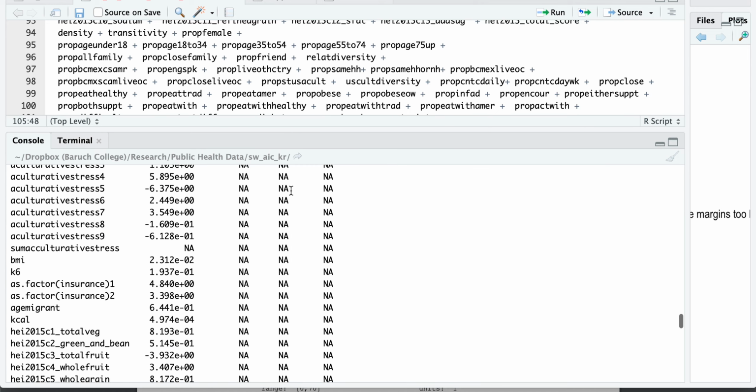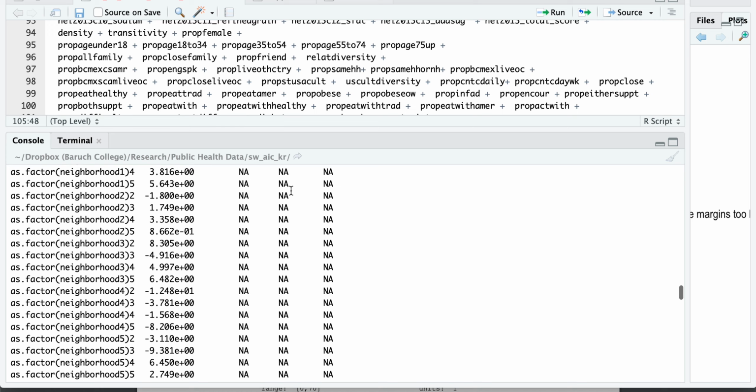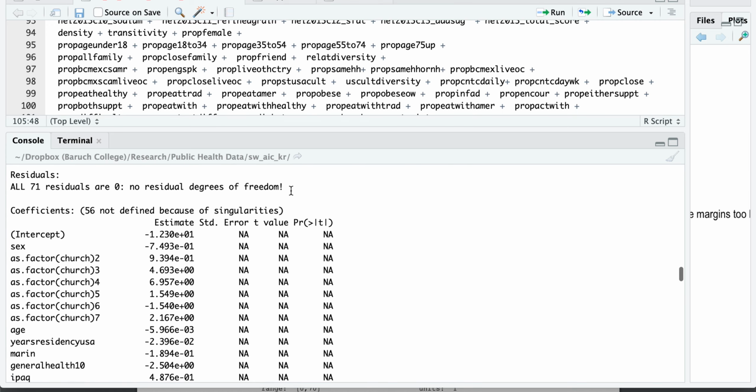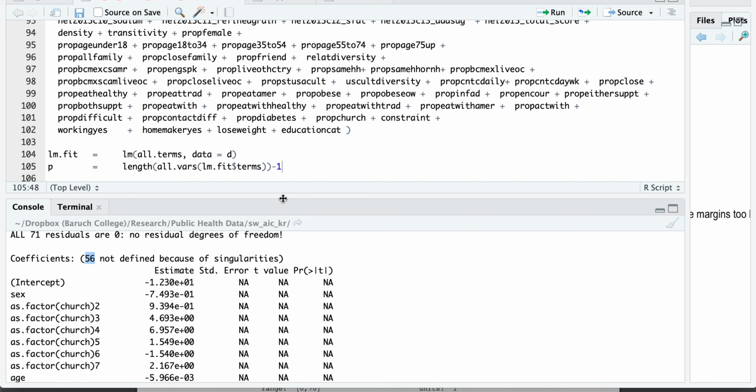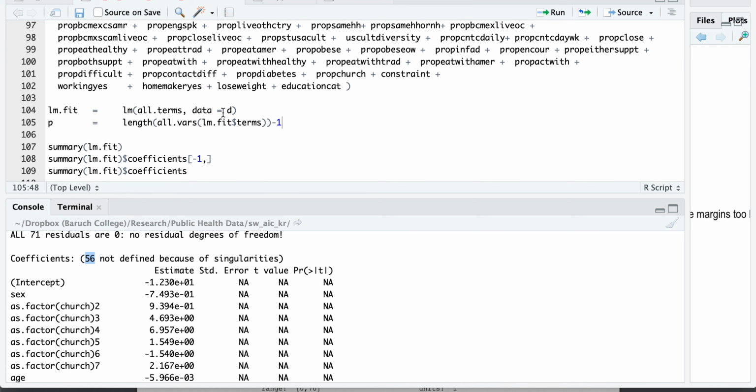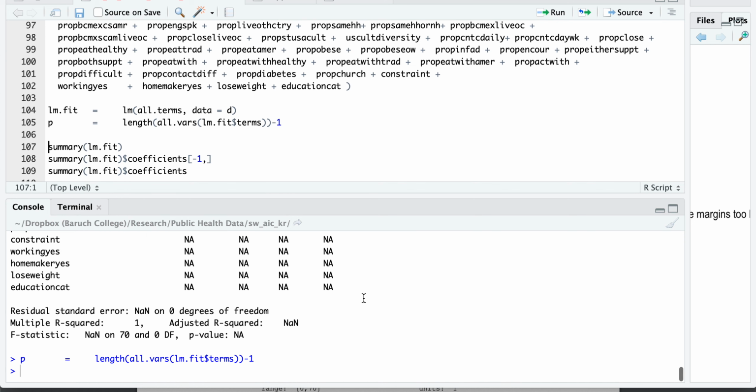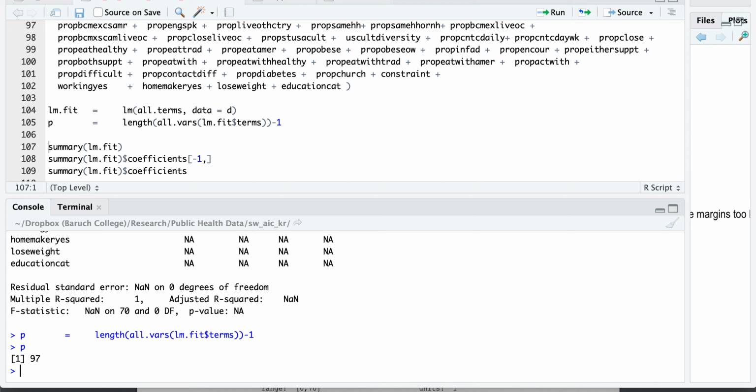We see NAs and some estimates. 56 coefficients are undefined because of singularities. Why is it 56? So P is 97. Okay, but it's more than 97